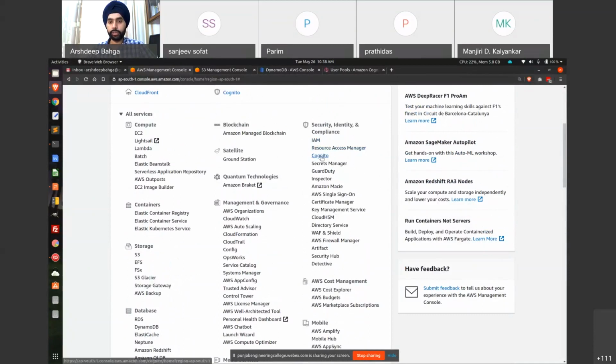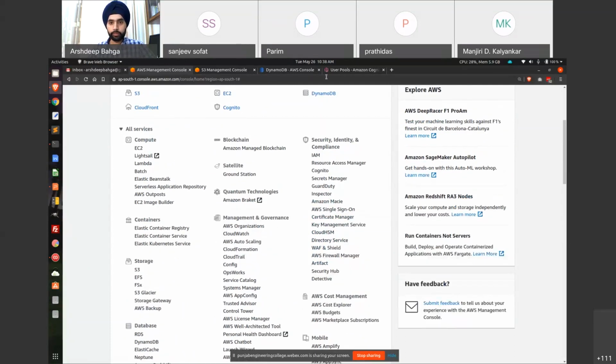Then we have the Cognito service, which is used for authentication within your application. We talked about the Key Management Service, which allows you to manage your encryption keys. We have the CloudHSM, hardware security modules service, and there are various other services which can be used by your application. So let's look at our reference application.